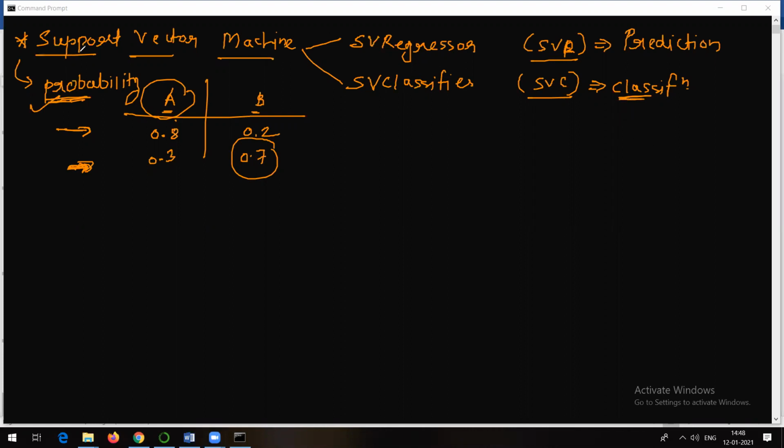But talking about support vector machine, where it differs from other algorithms in solving classification types of problems is that it does not make use of probability. SVM classifies the data based on something called a hyperplane. This is something important about support vector machine. Support vector machine makes use of a hyperplane to classify the data, to solve classification types of problems. So SVM classifies data based on hyperplanes to divide our data.